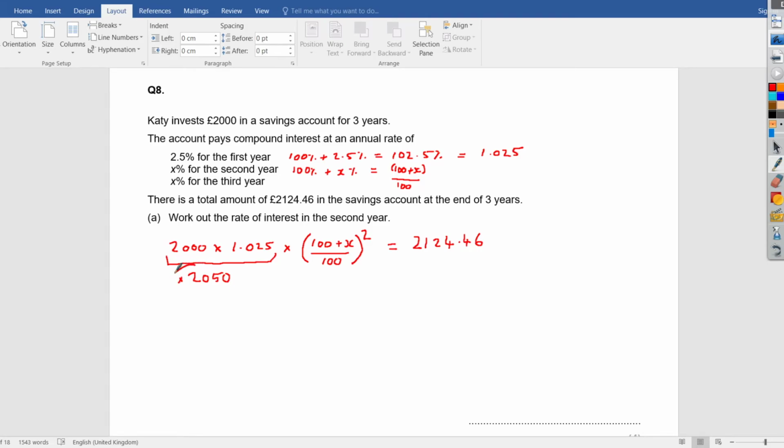That is being timesed by that amount, and the opposite of timesing by 2050, when I take it to the other side of the equation, is to divide by 2050. So 2124.46 divided by 2050. We end up with (100 plus x percent) divided by 100, squared, equal to